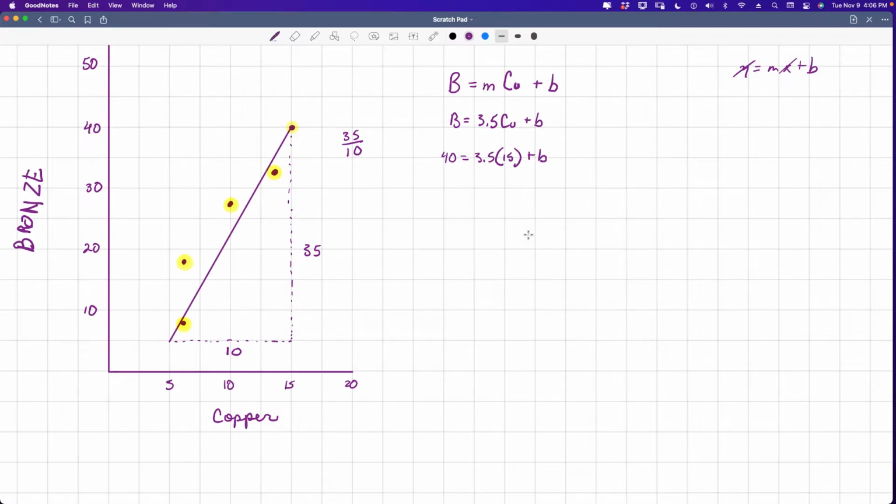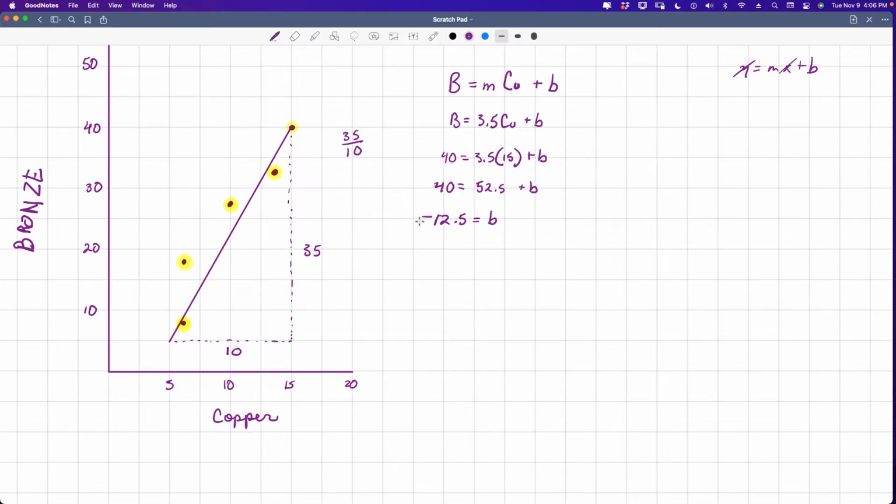So when we calculate that, we get that 40 is equal to 52.5 plus b. When we complete the math, we subtract 52.5 from both sides, we get negative 12.5 is equal to